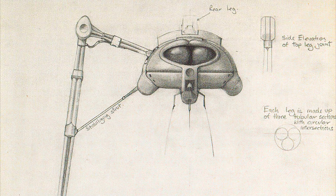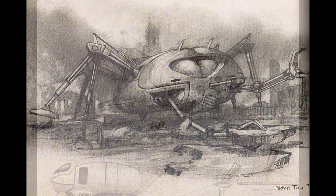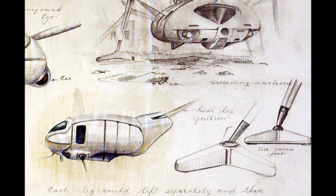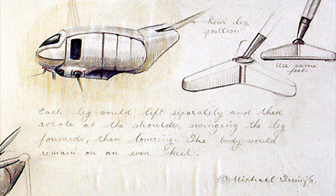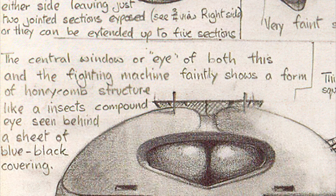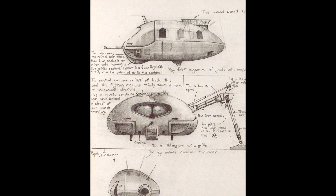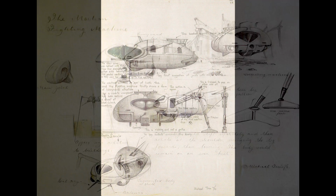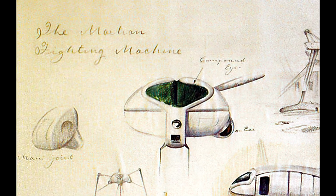And these sketches really reveal just how detailed Mike Trim was when it came to constructing his creations, carefully annotating his illustrations to clearly show exactly how it would look and work. One thing I noticed that's quite interesting is how his handwriting seems to drastically change between the sketches. My guess is that maybe people were having trouble reading his notes, so he started to make his writing clearer, maybe. But actually it's quite funny, because trying to read it, I found it surprisingly clear to make out,